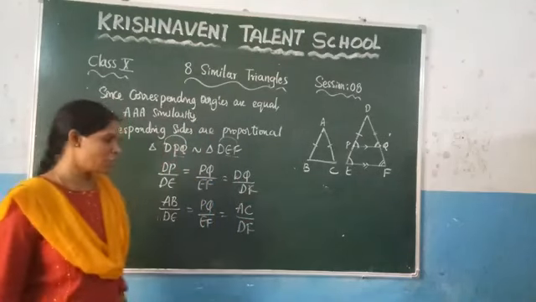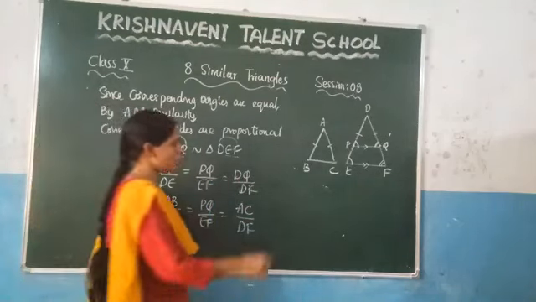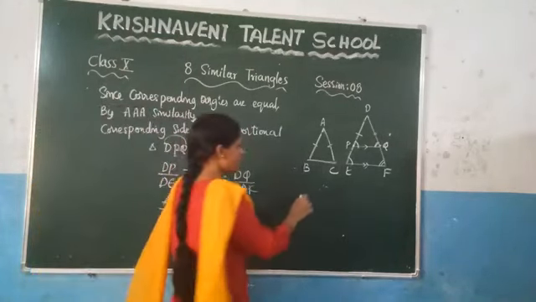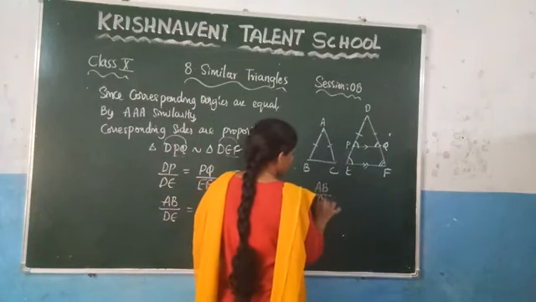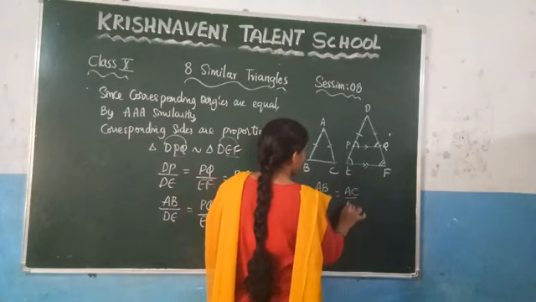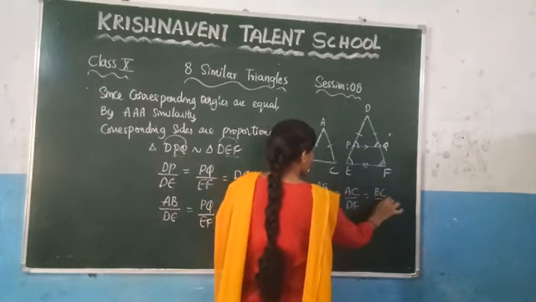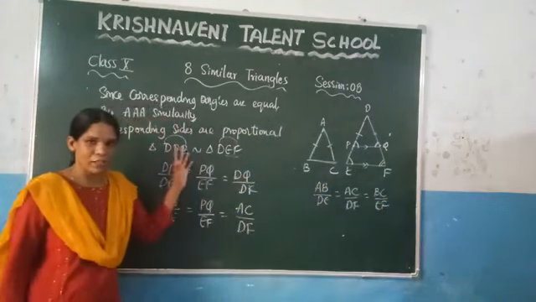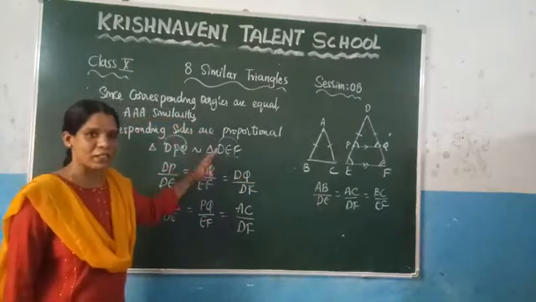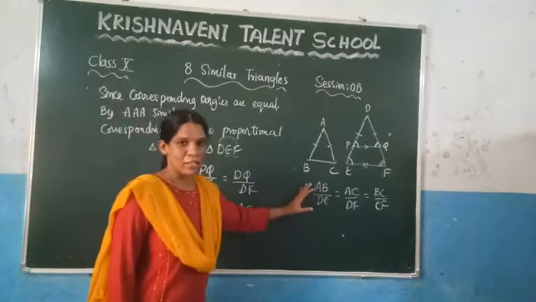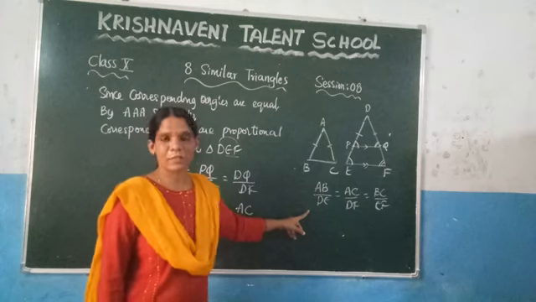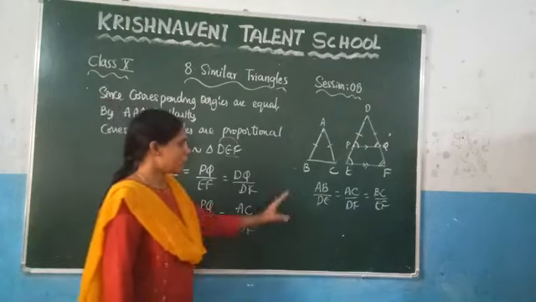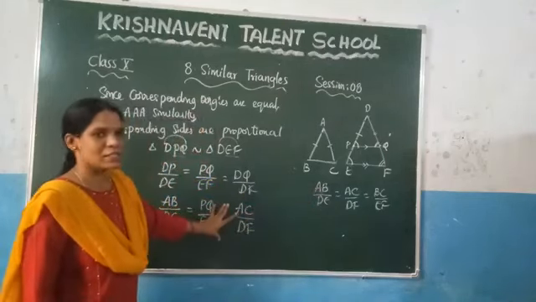And already what they have given in the question is that the corresponding sides are proportional. So if the corresponding sides are proportional, what is the equation? At first we have written it in the given. Once check it. This is the equation, right? AB by DE is equal to AC by DF is equal to BC by EF. This is what they have given. You can see it here. In the given, we have written it as the first statement. We have started the theorem. For the proof of the theorem, we have written the first statement, which is nothing but the corresponding sides are proportional. They have given this condition, right? So now they have given this one, and here we have got this equation.